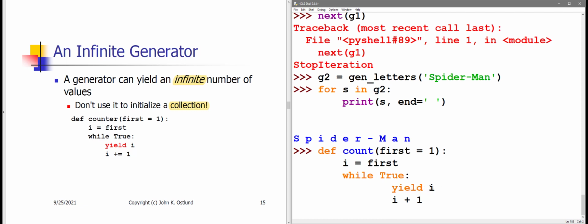value. And when we hit yield, count is going to be suspended until I invoke next on that same generator object again. When I invoke next on the same generator object, the function's going to wake back up. It's going to continue with